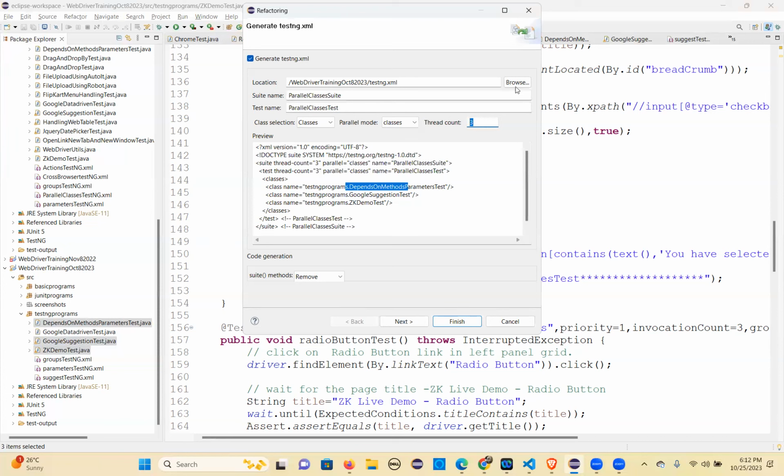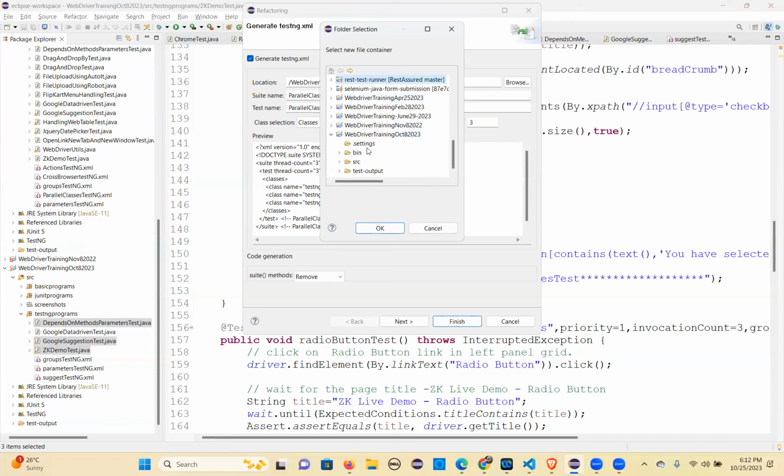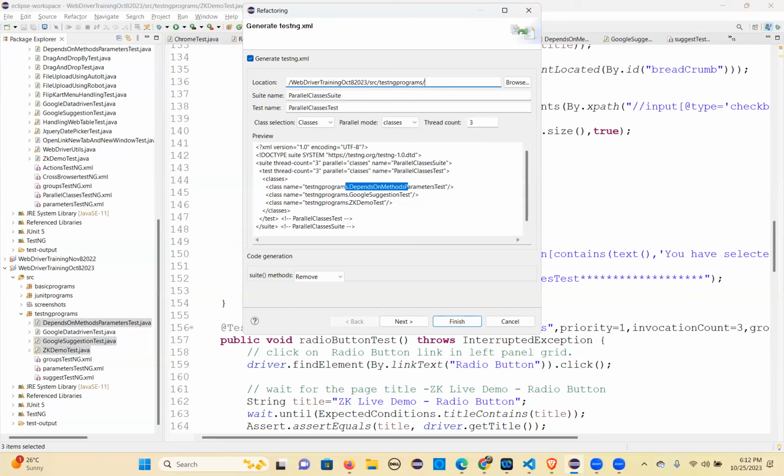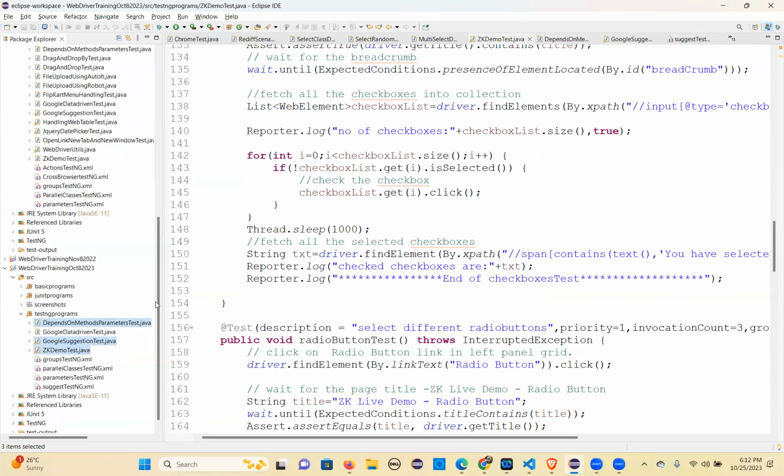Now let's add the suite file location. Parallel classes testng.xml. And then click on finish. Click on finish. See this? But make sure what are all the